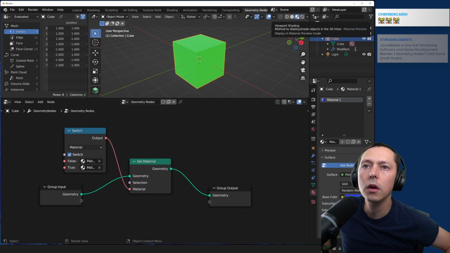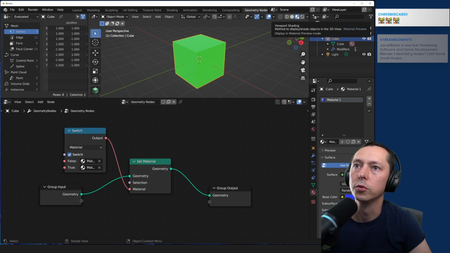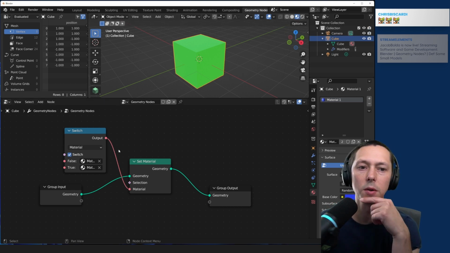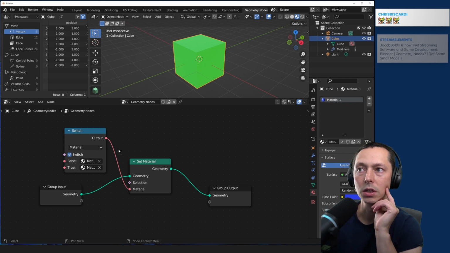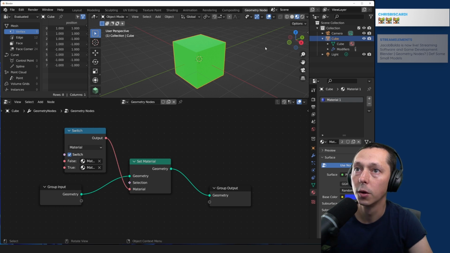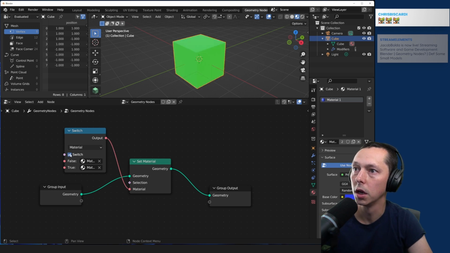Yeah, and that includes material. Displays, material, and preview mode. Yep, which is what we want. We don't want to render it because rendering it, I mean, this isn't going to make a big difference because the compute to do that render is not going to be that big of a deal. But in this mode, we're not seeing the material. So we want to flip over to this mode just so we can see the material. And there we go. So the switch shows us the material